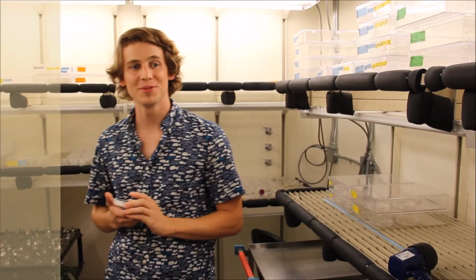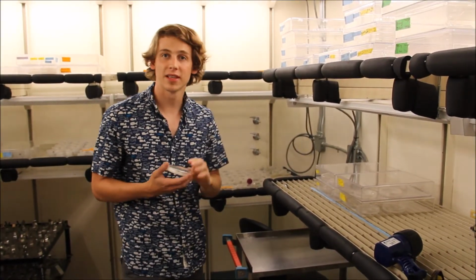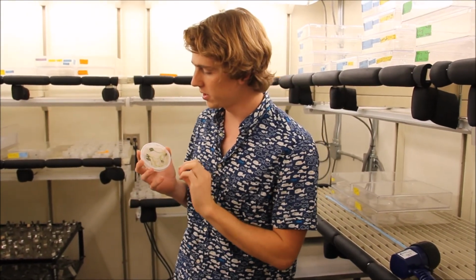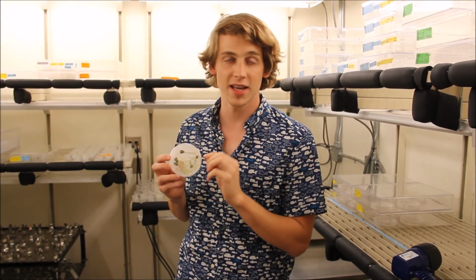Hi everyone, welcome back. After 3 days in the light room, our seeds will start to germinate and they'll start to look kind of like bean sprouts. And at this stage,